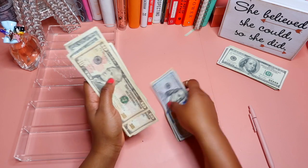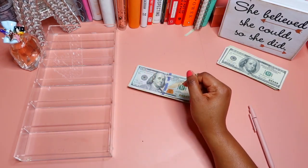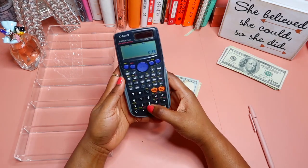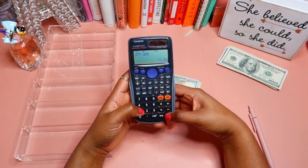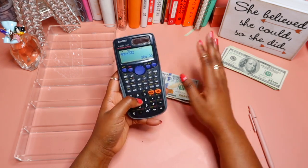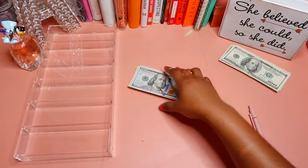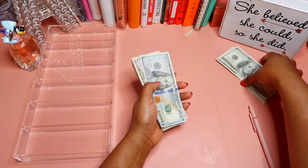Okay, so $304, y'all. And I took out $305. So my airfare was $377 minus $305. That was the $722 we added plus the $232 that I owed. $304 is supposed to be going back to the bank on top of this $305. So,